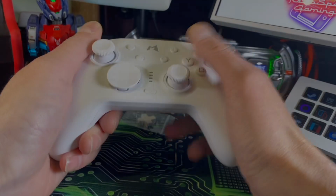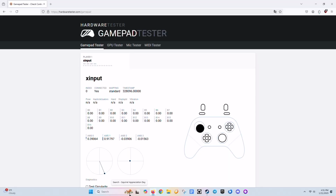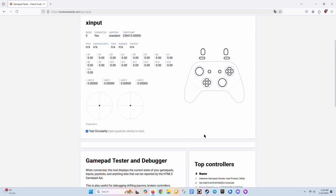Now we're gonna go into a little bit of testing on this. We're gonna start off here with the gamepad tester. We're going to go through all the keys and everything, make sure everything is registering, which it is as we go through here. And then we're going to check and see what the error rate is on these Hall